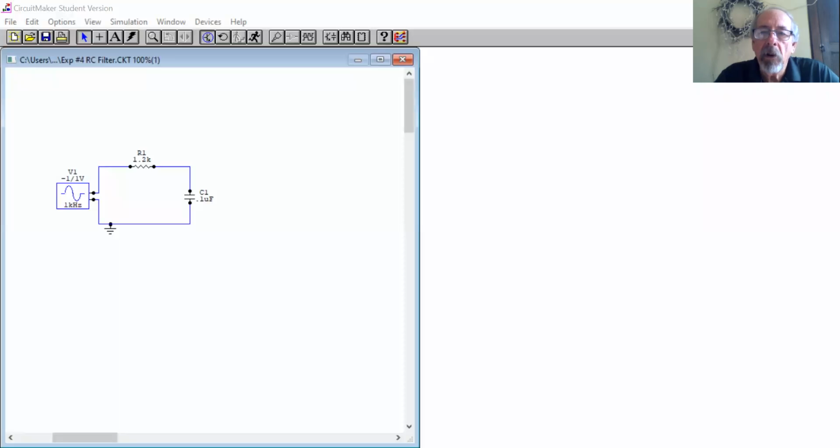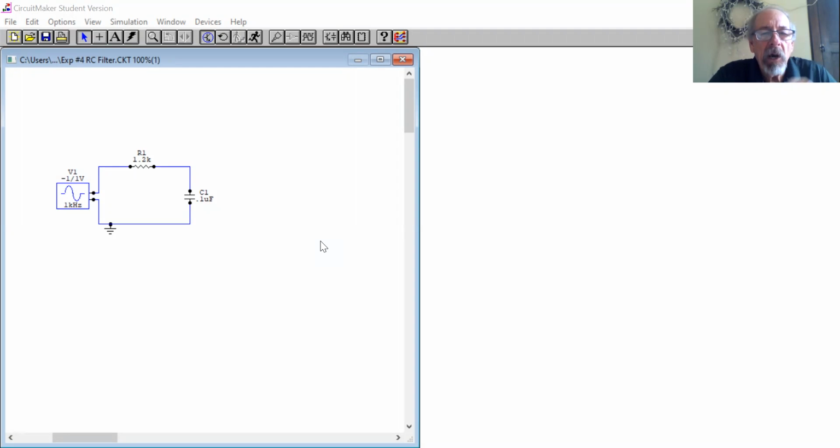Okay, so what you see here is the circuit, which is a 1.2 k ohm resistor in series with a 0.1 microfarad capacitor. And it appears to be driven by a -1 to +1 volt, or 2 volt peak to peak, 1 kilohertz sine